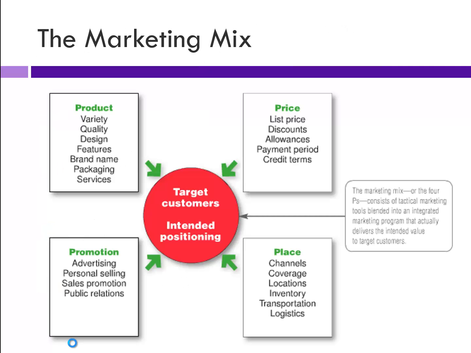Once you do that, then you design your marketing mix. And we'll spend a chapter on each one of these types of things. But first, it's the product. So not just the physical product, but the features it has, the design, whether it's elegant or whether it's fun and colorful, the brand name you pick, how it's packaged, the services that come along with it, all that goes into the product. Then the price, again, needs to support the position. You wouldn't want to position it as super high class, super high quality, and then sell it for really cheap.